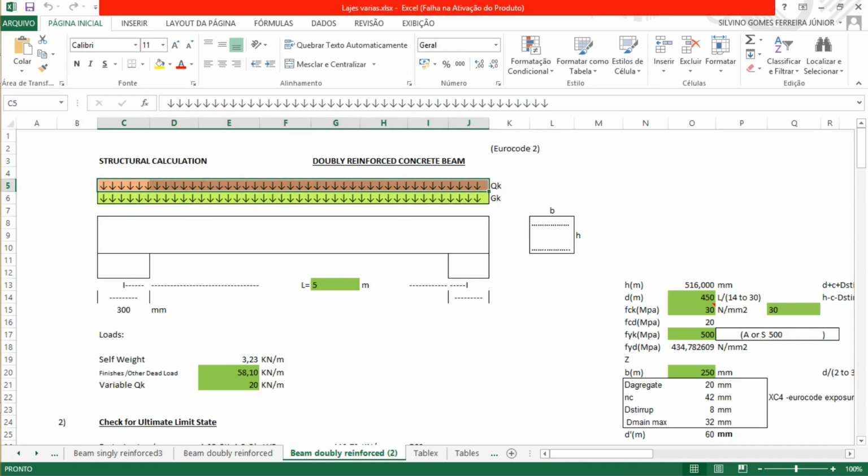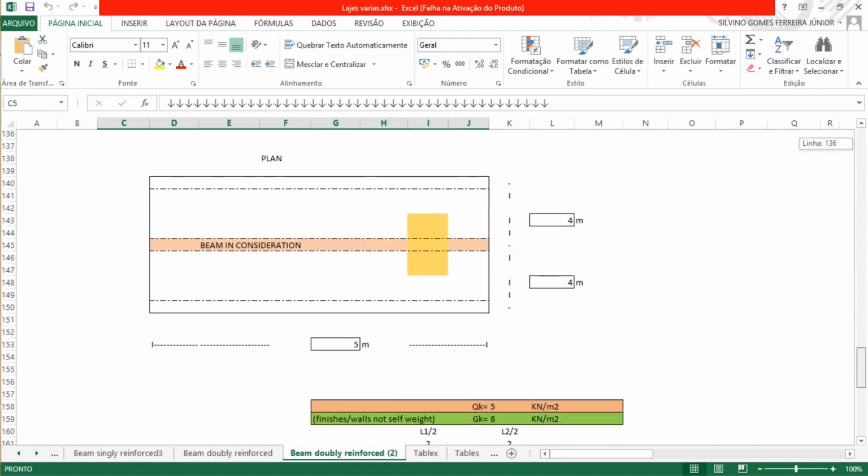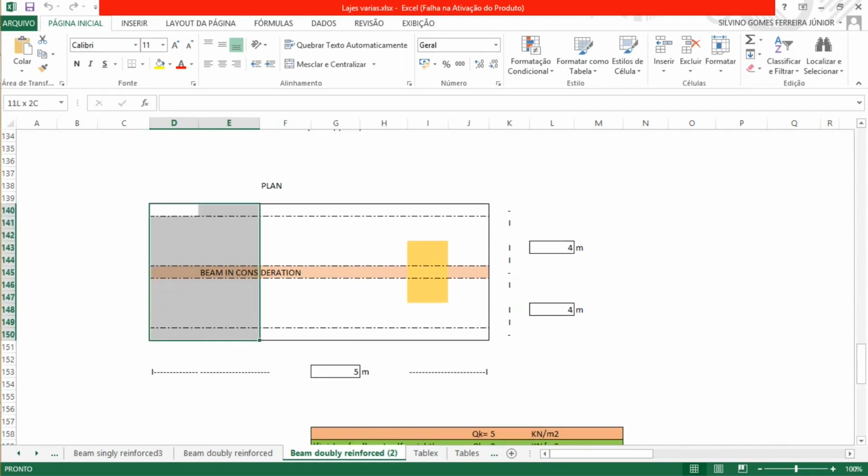I'll show how to get these loads, for example, from a slab. Let's start here. We have this slab, 5 meters by 8 meters, and it has 3 beams. One on this corner, another on this corner, one on the middle. I could calculate this beam here on the corner, but there's little to calculate from there. It's better the one on the middle, since it is going to have loads from one side and the other side